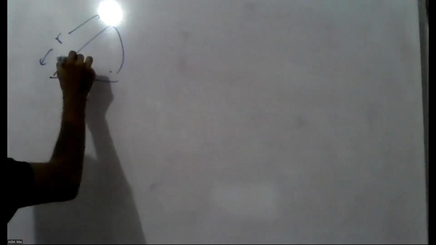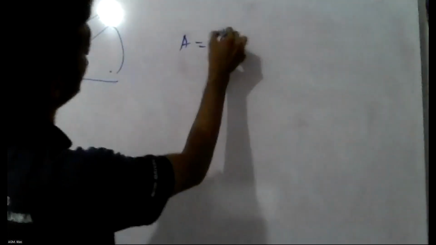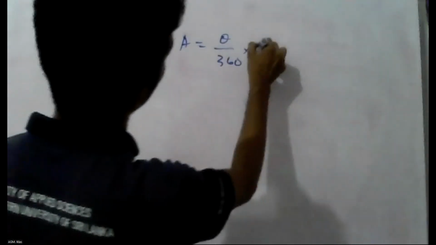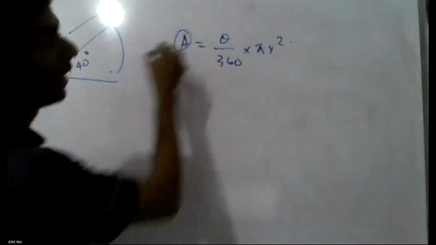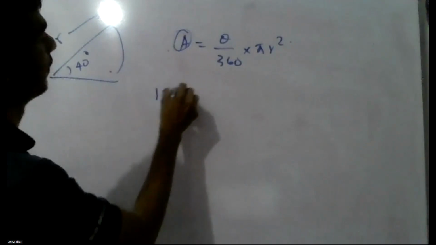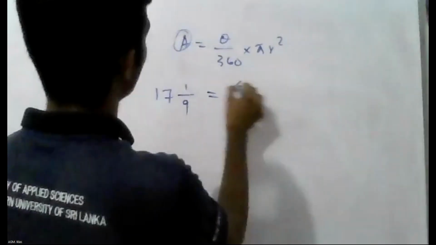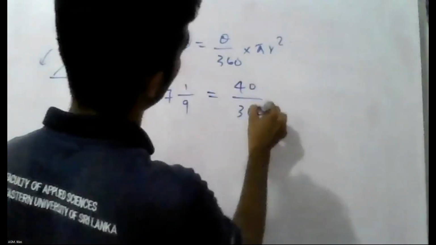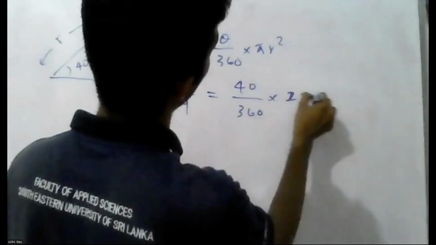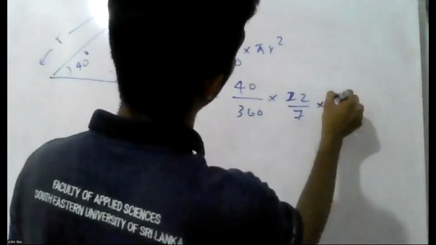We need to find r, and the theta is 40 degree. So A is equal to theta by 360 into pi r square. So instead of A, I can put the value 17.9 is equal to theta 40 over 360 into, instead of pi, I can put 22 by 7 into r